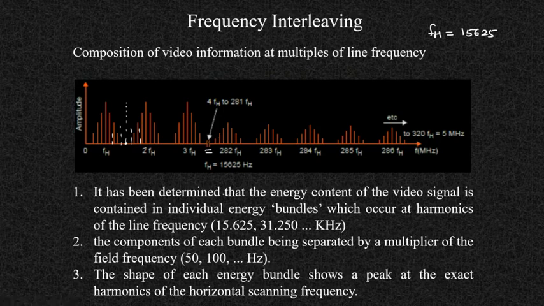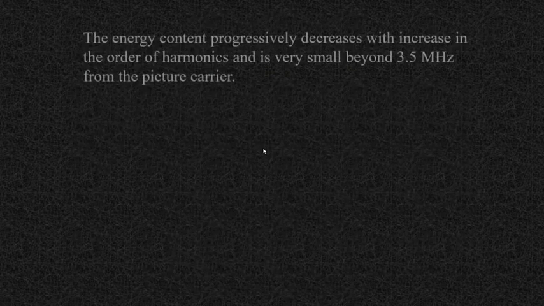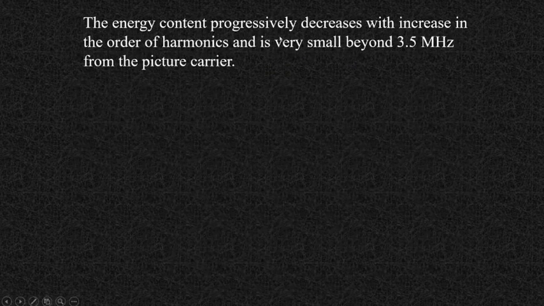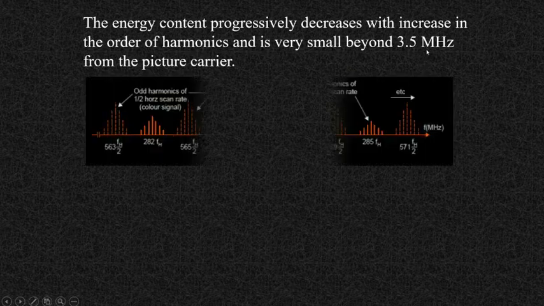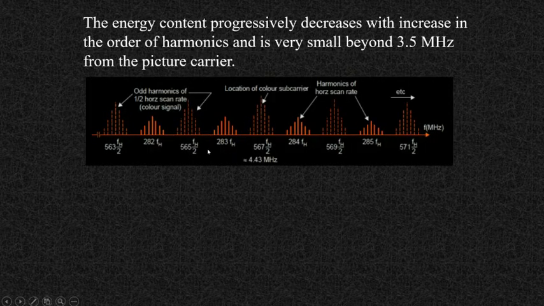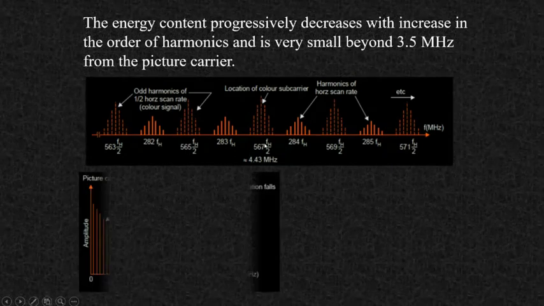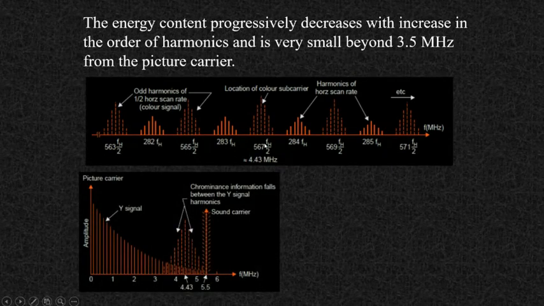So by observation it is observed that this line frequency or this brightness information has a lower value at this particular point, okay. At 283.5 its information is less, okay. So the energy content progressively decreases with the increase in the order of harmonics, and it is very small beyond 3.5 megahertz, okay. Meaning that is where you can place your color subcarrier, that is 283.5 fH. So if I calculate this 283.5 fH,